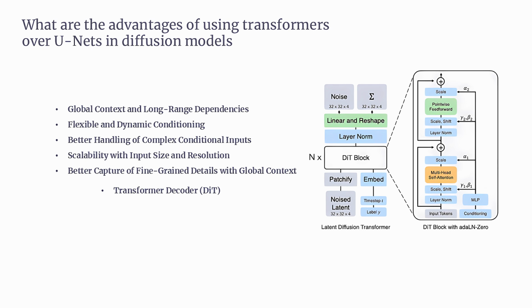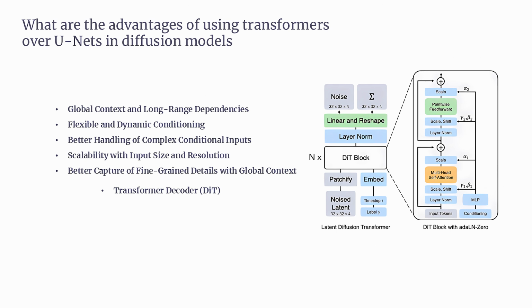The fifth, better capture of fine-grained details with global context. For transformer decoder, DiT. The self-attention mechanism in DiT enables fine-grained details to be captured while maintaining global coherence. Each patch, token, interacts with all other patches, so small details can be refined within the broader context of the entire image. For example, when generating a scene with both small objects, like a car, and large background elements, like a city,